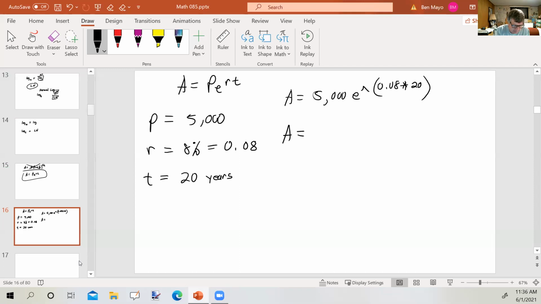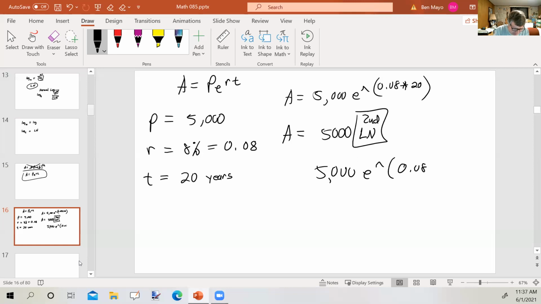So on my calculator, 5,000. Now, how am I going to access e? Again, that's the second function key of ln. So I've got 5,000, and then I'm going to push the second function key of ln. When I do that, e raised to the parentheses shows up, at least in my calculator. Then I'll type in 0.08 times 20. I'll close that up and push equals, and I get